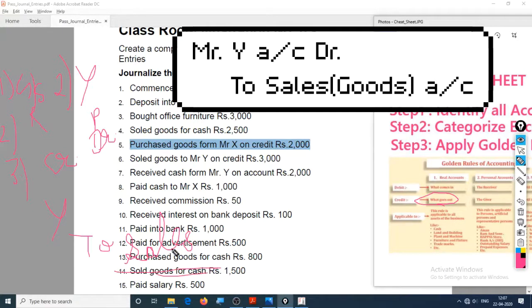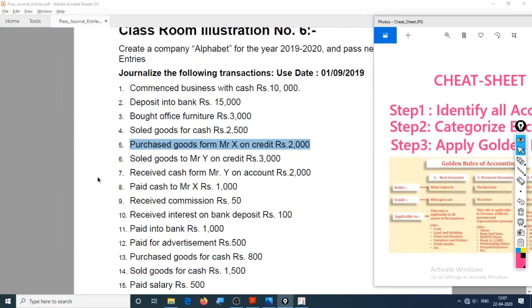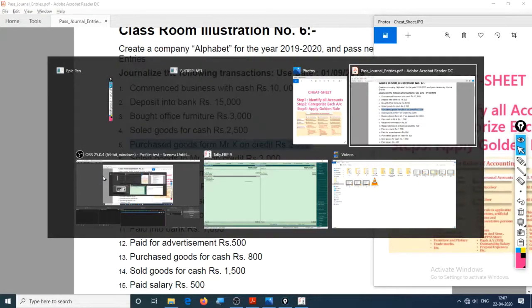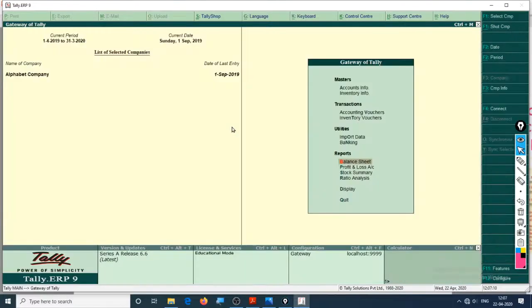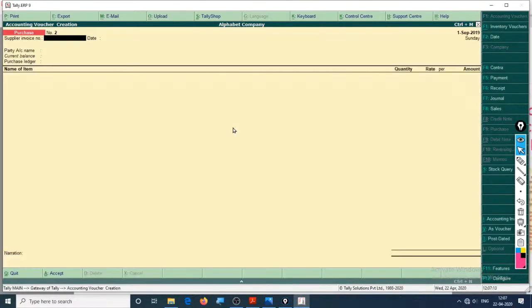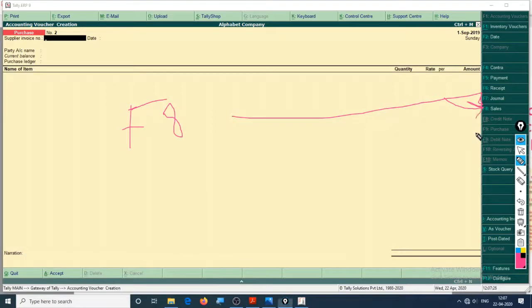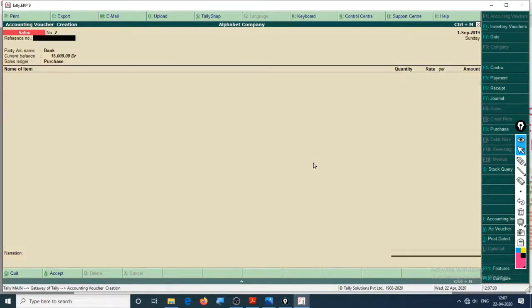This will always be the correct entry for any sales account, but let's try this in Tally right now. Okay, so let's go to vouchers. I can press F8, or I can choose this tab right here for sales. I'll press F8 for easiness.